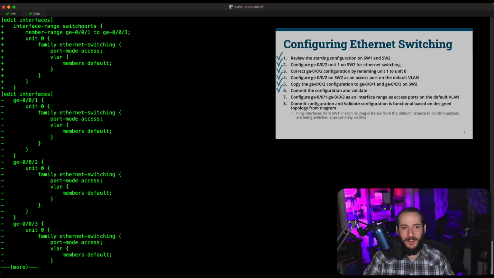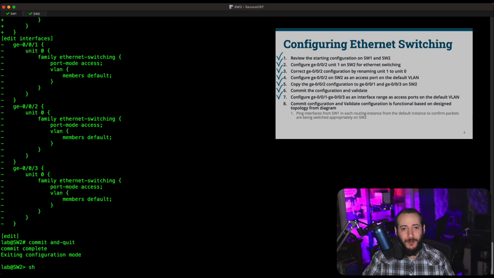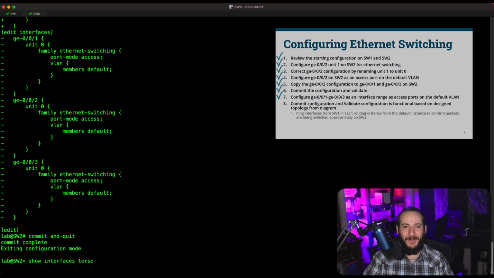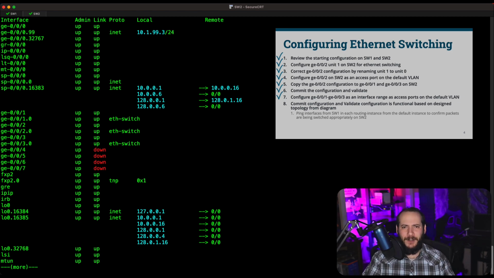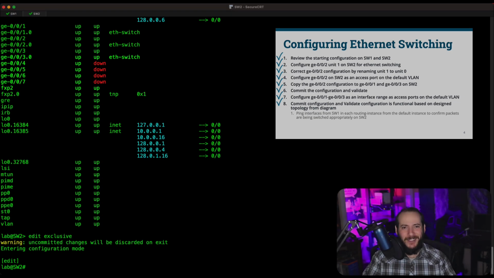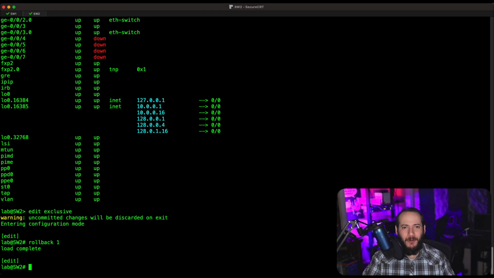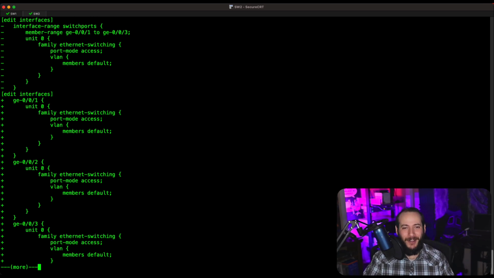We'll commit the configuration and validate the ETH switch protocol is running on the interfaces. We see here that the interface range configuration has the same effect as the individual interface configuration. All 3 interfaces are running the Ethernet switching protocol. Let's go ahead and roll back to the individual interface configuration before we test connectivity between the routing instances on